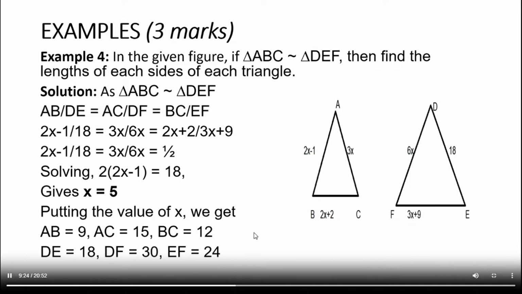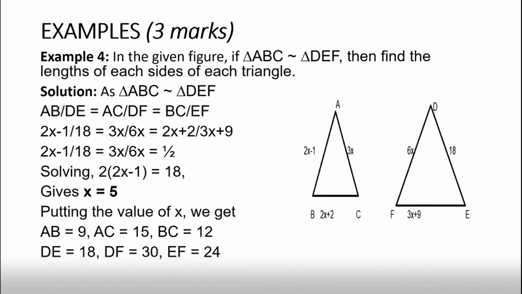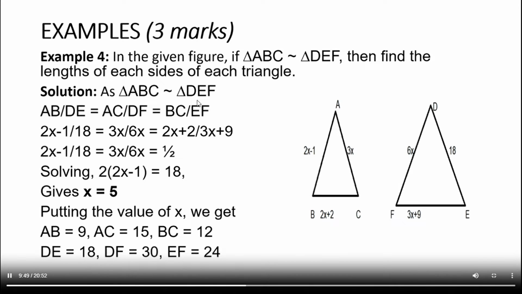Next example. In the given figure, triangle ABC and triangle DEF are similar. Then find the lengths of each side of each triangle. Now we can see that for both the triangles, it is given that triangle ABC and DEF are similar. Since they are similar, the ratio of the sides will be equal. So when you write the sides, take care of the correspondence between the triangles. AB upon DE is equal to AC upon DF will be equal to BC upon EF. Now putting the values, we get